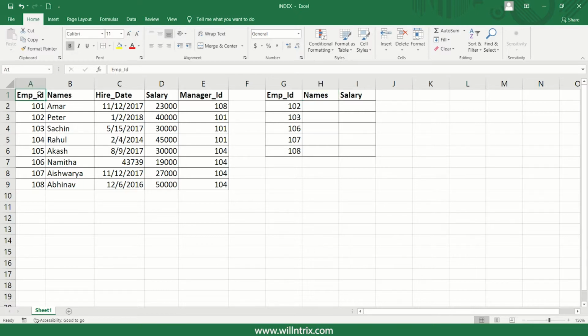Here I am considering an employee table as an example, and I want to fetch some of the information from this table to this table, where I want to fetch names and salary for these employees. In order to perform this, we can easily use VLOOKUP. But how to do it by using the INDEX function? So we'll just start with INDEX,